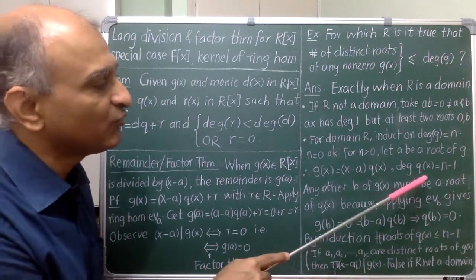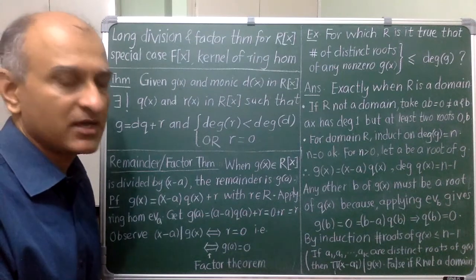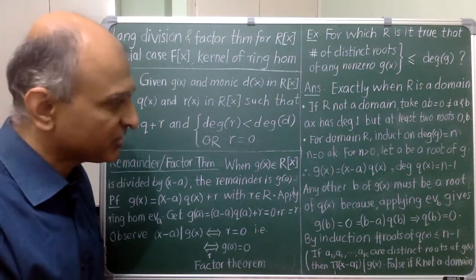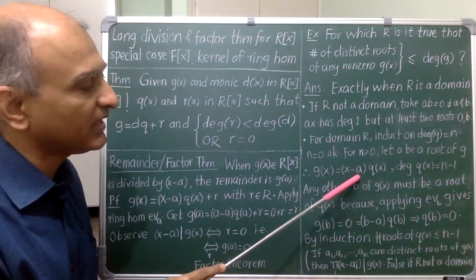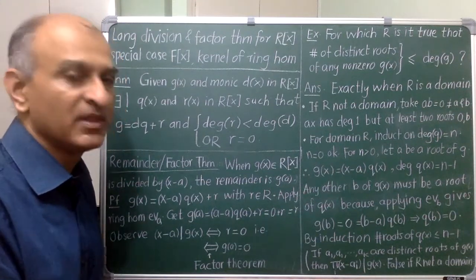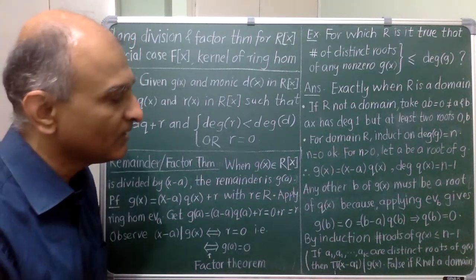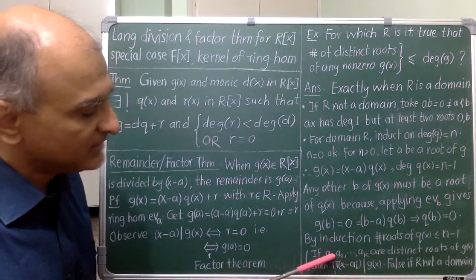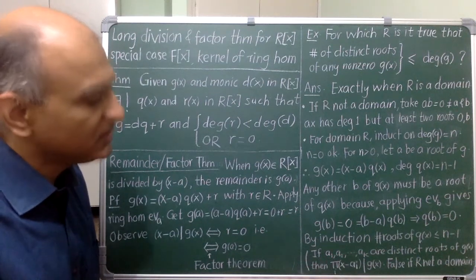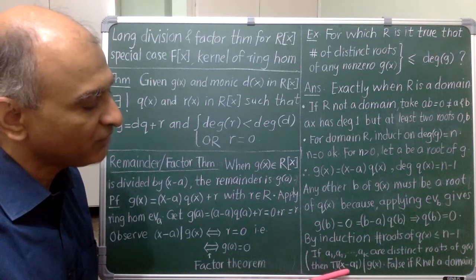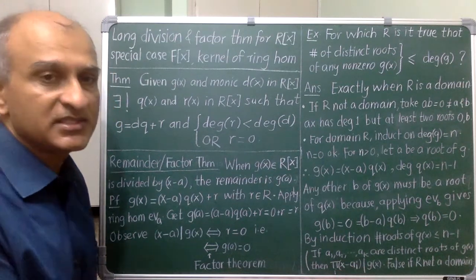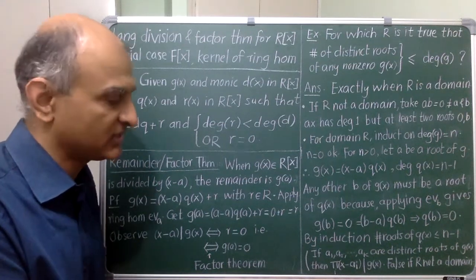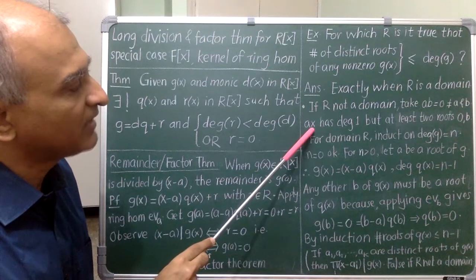Now q of x has degree 1 less than g, and therefore by induction it has at most n minus 1 roots, and so g, its distinct roots are going to be the roots of q along with a, and so therefore g has at most n roots, which is what we wanted to prove. Okay, so please note that this argument also gives me the following. If I list the distinct roots a_i of g, then g of x must be divisible by the product of x minus a_i. This statement is not true if R is not an integral domain, and you should be able to find a counterexample. For example, you can use again a similar idea as here.